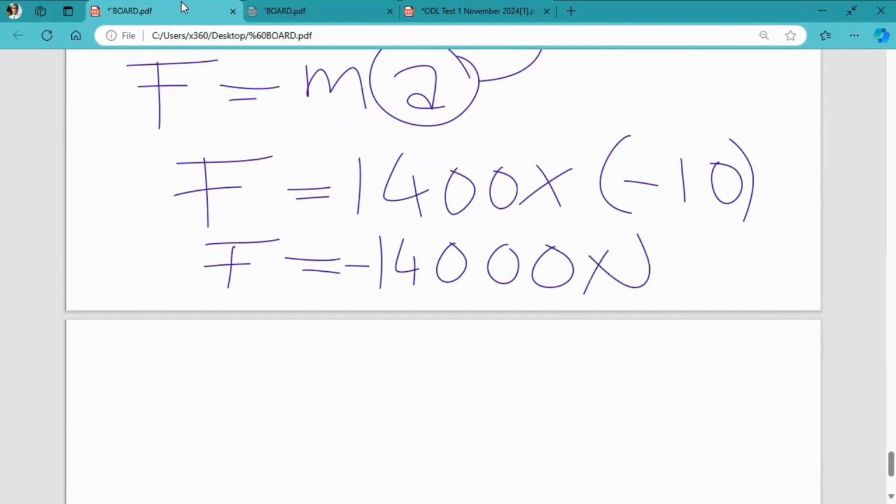Why? Because, oh, I'm trying to answer the last question. If this is the force now, sometimes some of you would just write it with a positive value, but this is a negative. So it is okay to show it with a negative, but since it's a force, either way. So what is the direction of this force? This is the force that causes this car to stop. This is the force that brings this vehicle to a stop. Now, what is the direction of this force? It is opposite